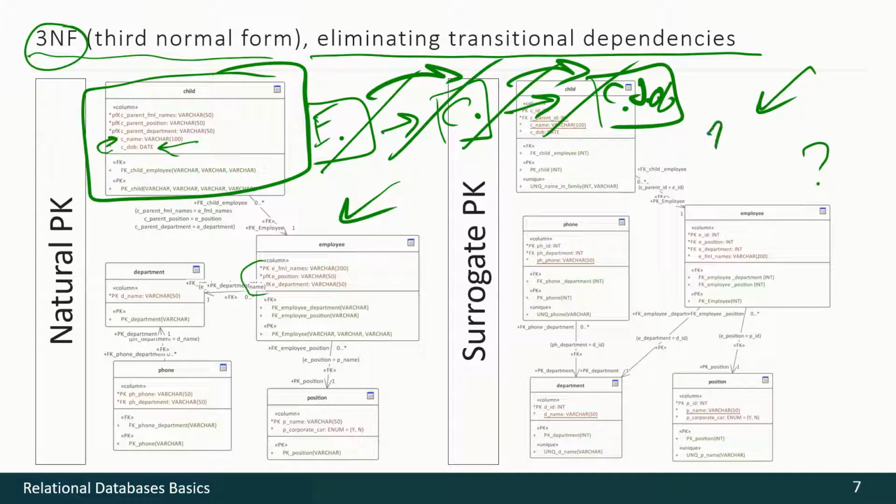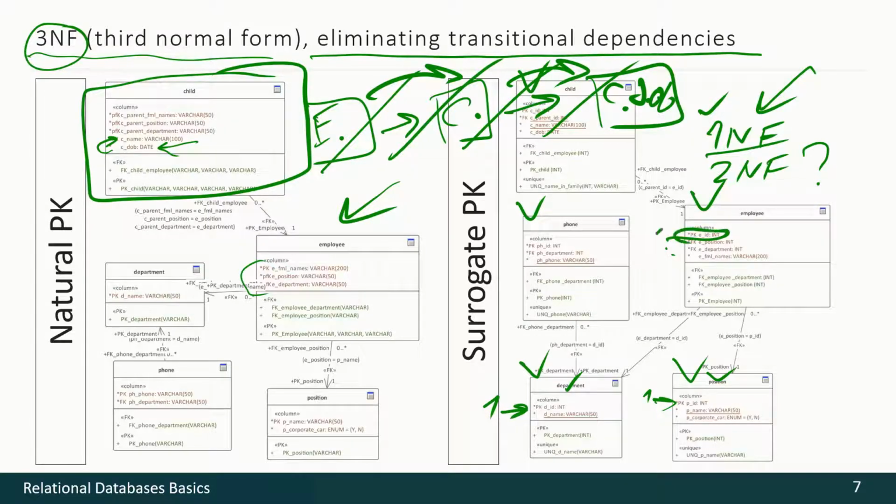Let's start with the first normal form. Of course, we've agreed that all these relations have only atomized attributes, so the first normal form is achieved. What about second normal form? Can we have some partial dependencies here? We cannot have such dependencies neither here nor here, as long as we have the primary key consisting of one field only. Let's analyze here. Okay, here also one field in the primary key. And here, yes, also one field in primary key. So no partial dependencies and the second normal form is achieved.